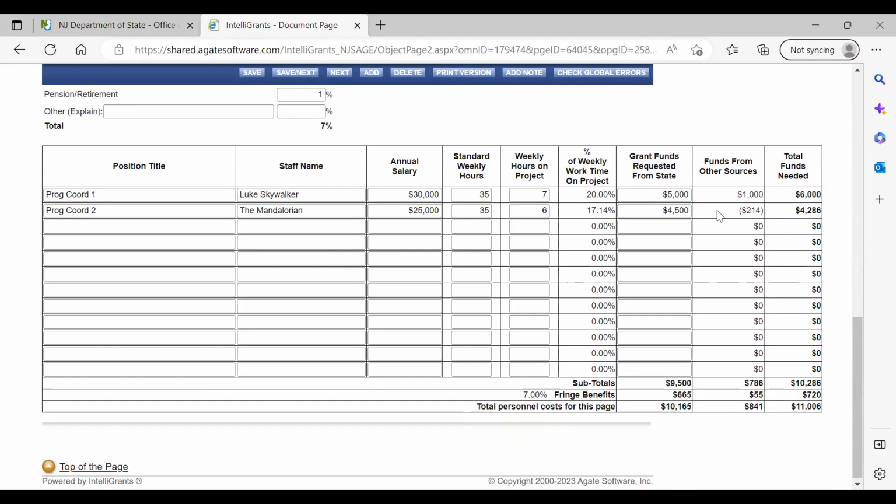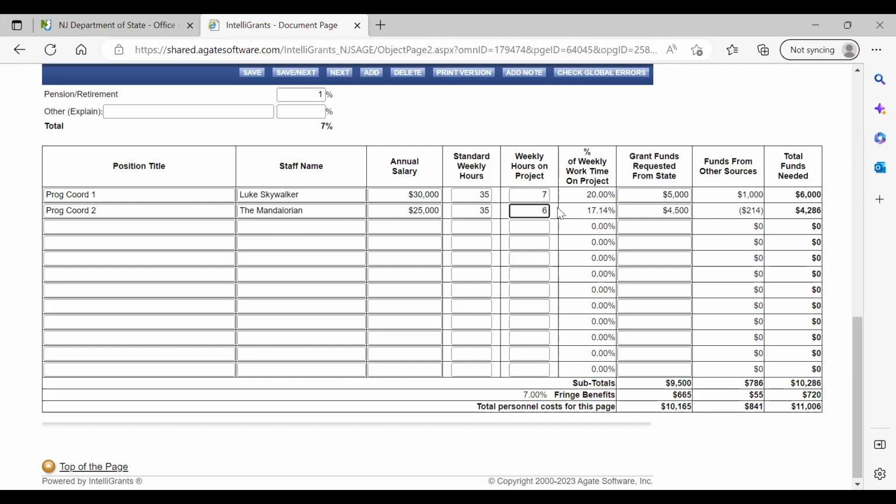The negative simply means that you are not charging the grant enough to support the cost of the hours that the Mandalorian is working, based on his salary and the hourly rate and the hours that he works per week. So you can do one of two things. You can increase the hours, or you can reduce this, right? So sometimes you've got to play around with it.